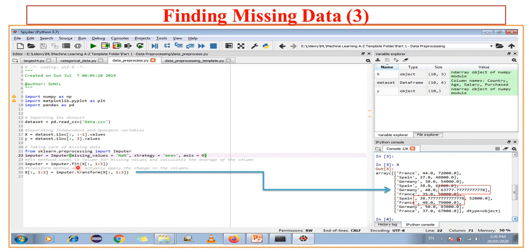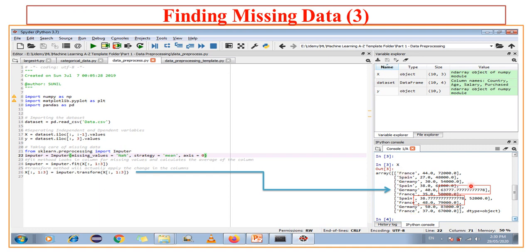That is the next part of the missing value replacement. If I execute the code, you will find that when we ask what is x, Spyder returns this.